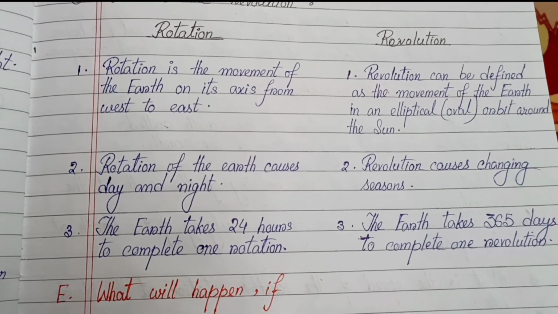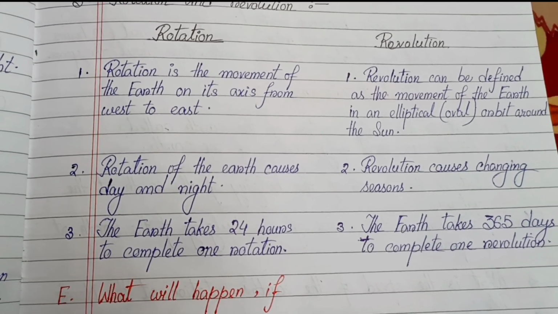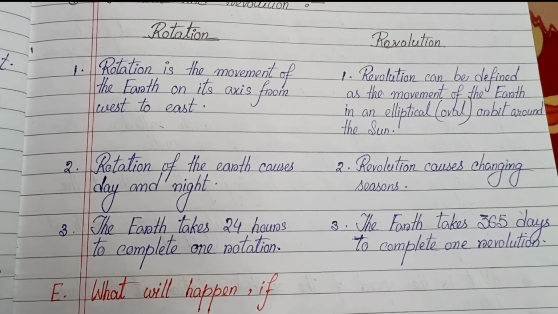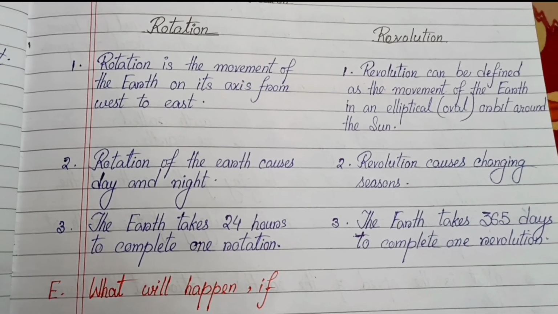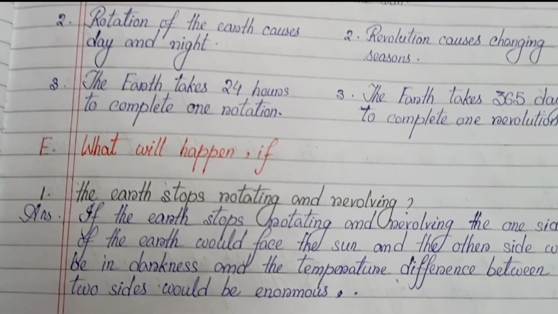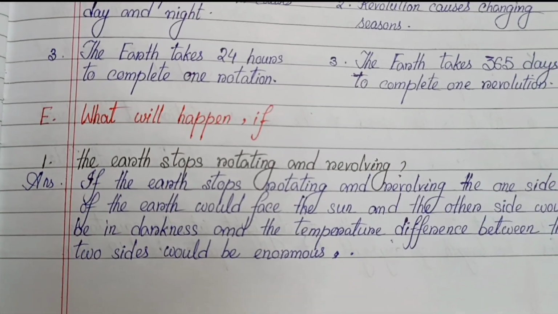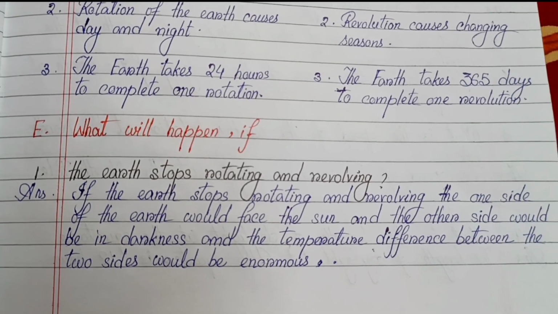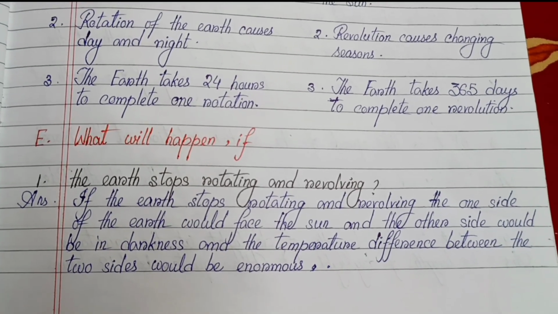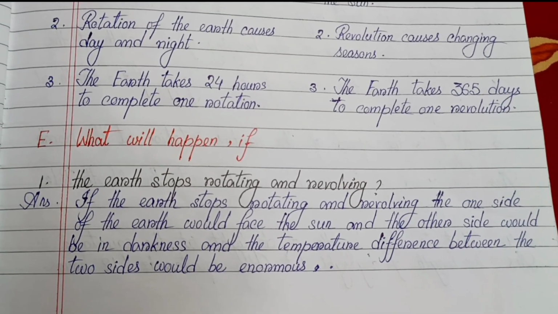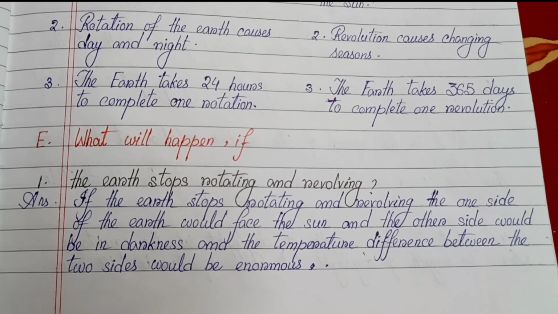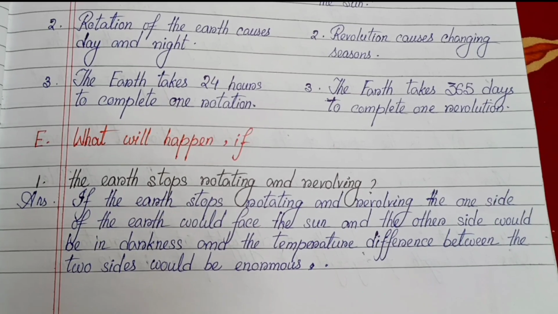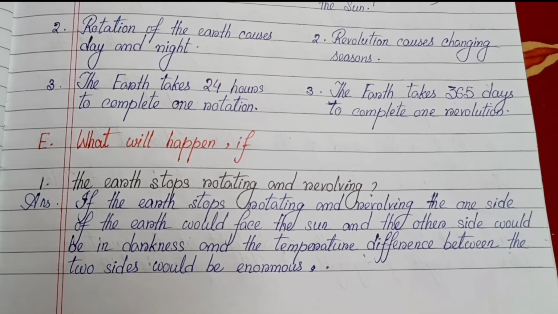Number 3, under rotation, the earth takes 24 hours to complete one rotation. Number 3, under revolution, the earth takes 365 days to complete one revolution. Number E, what will happen if, number 1, the earth stops rotating and revolving. If the earth stops rotating and revolving, the one side of the earth would face the sun and the